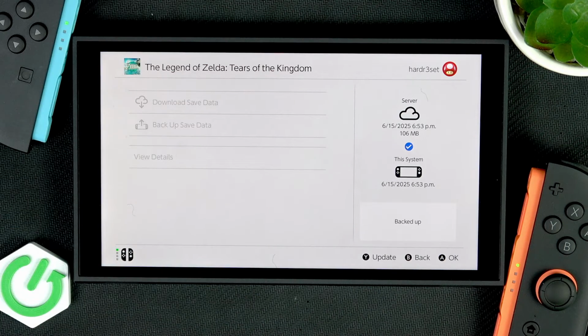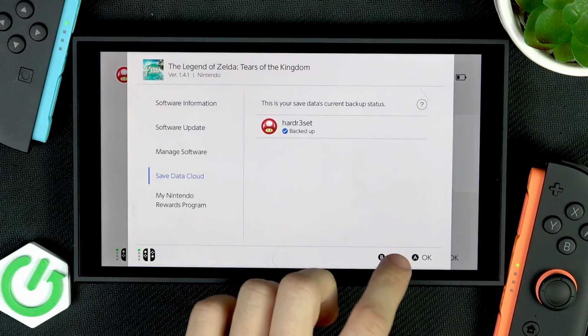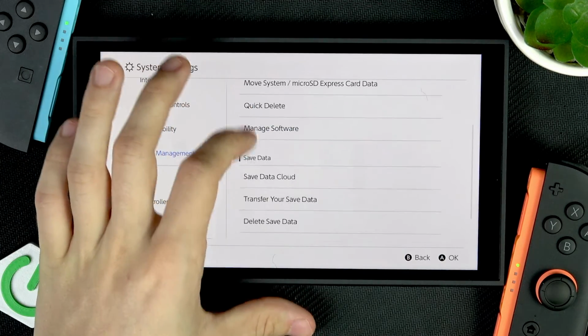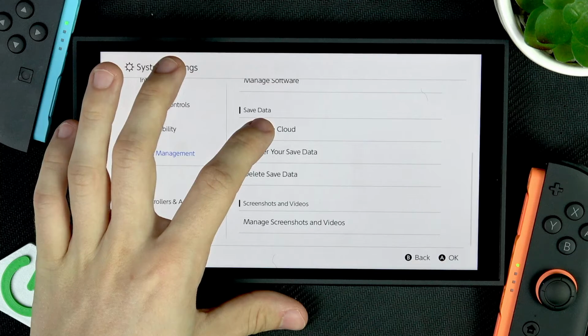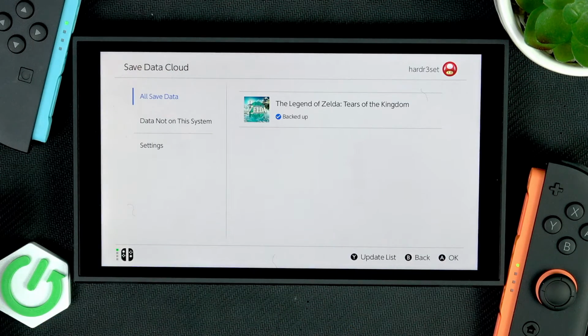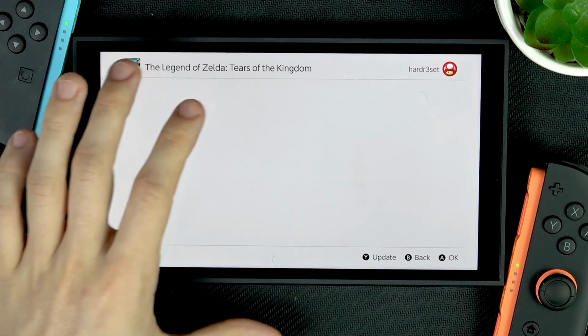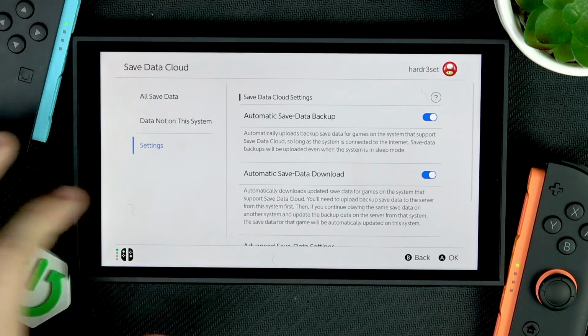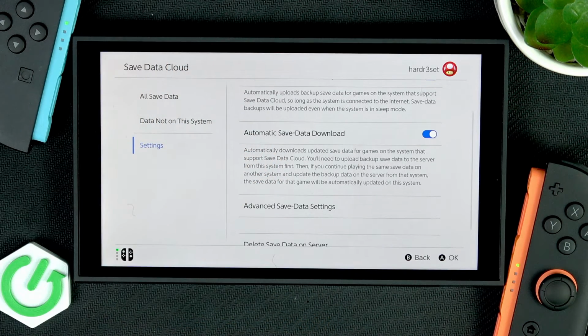can do that basically. But you can also go to the settings, then data management, and you'll find Save Data Cloud. Select the account you want to use, and you'll be able not only to click on the backup here, but also go to the settings and enable or disable automatic save data download. And if that's disabled, then you'll need to do that manually, but if it's enabled, then it'll always try to get synced with